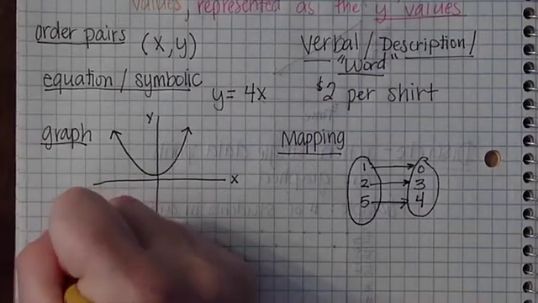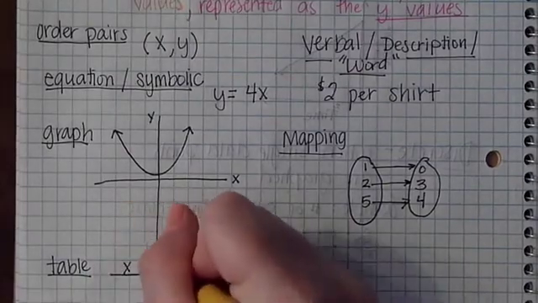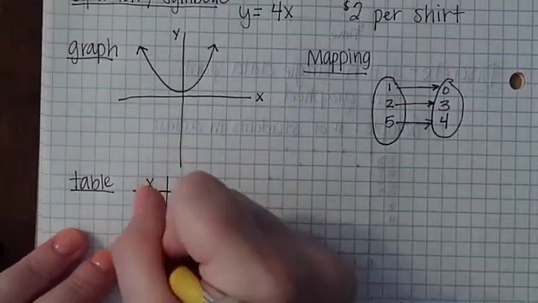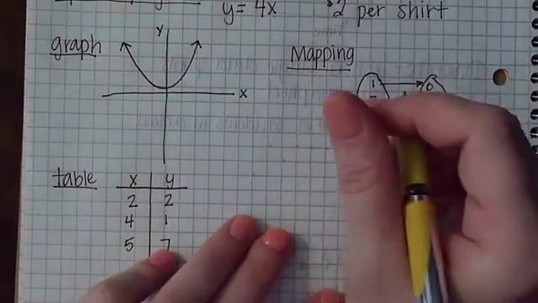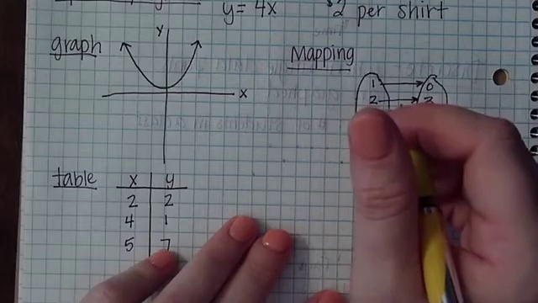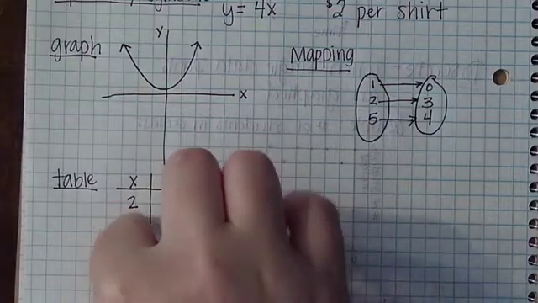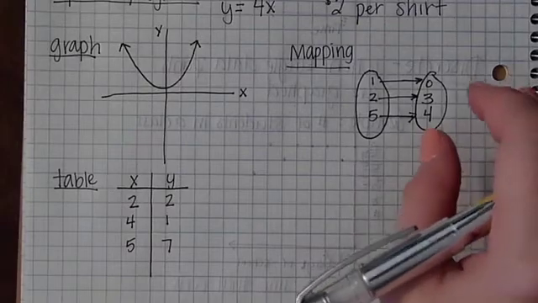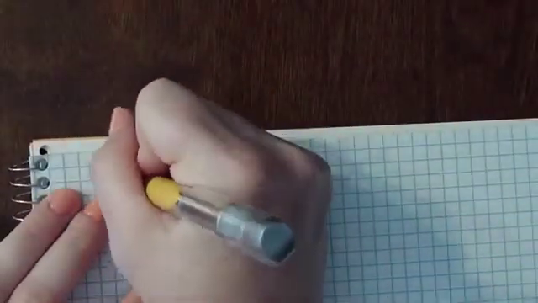We have table. Which you have x and y, 2, 2, 4, 1, 5, 7. So x and y values. And then the last one was, did we get them all? Equation, ordered pair, verbal, graph, mapping, table. Yeah, I think I got them all. If not, I will see it in just a minute, but you could always just write it down. Okay, so what we're going to look at now